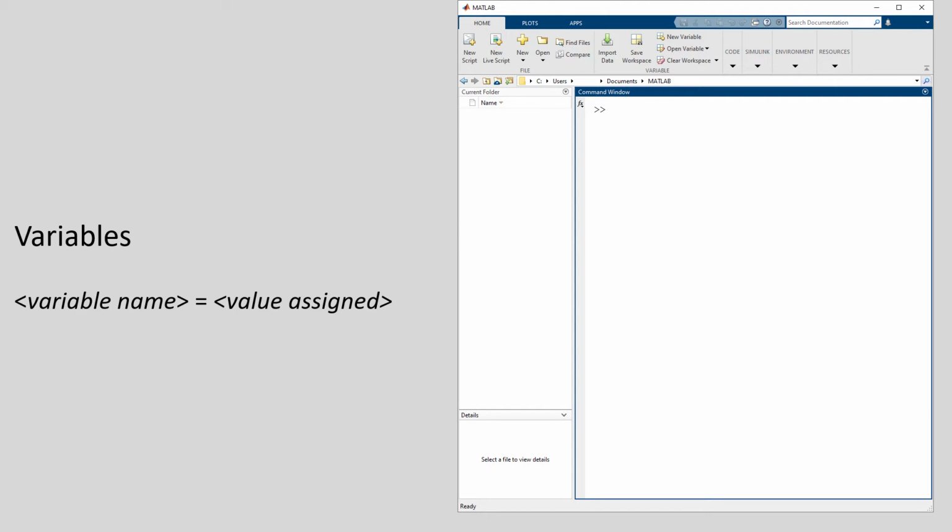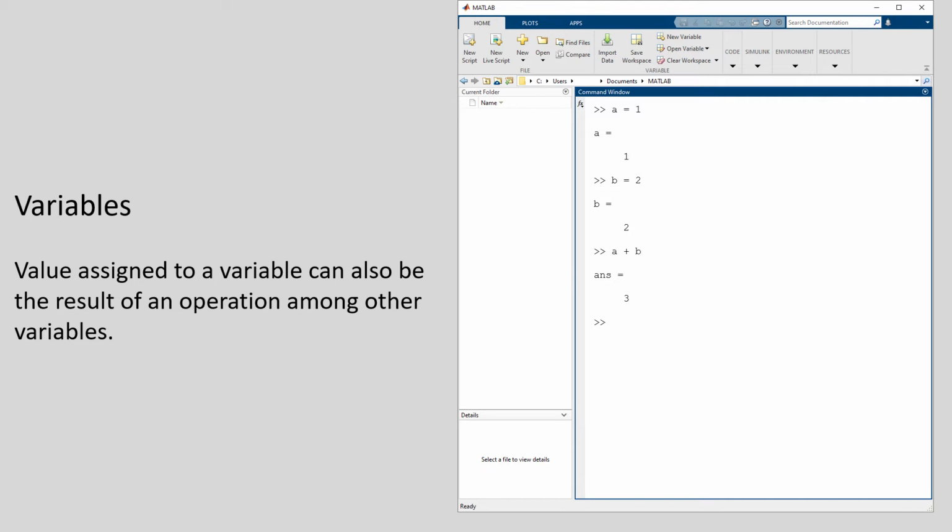When creating programs, you will often operate values containing variables. Create a variable called A and set it to 1, then create another variable, call it B and set it to 2. Now add them together. Variables store pieces of information so that they can be referred to and manipulated by name throughout the execution of a